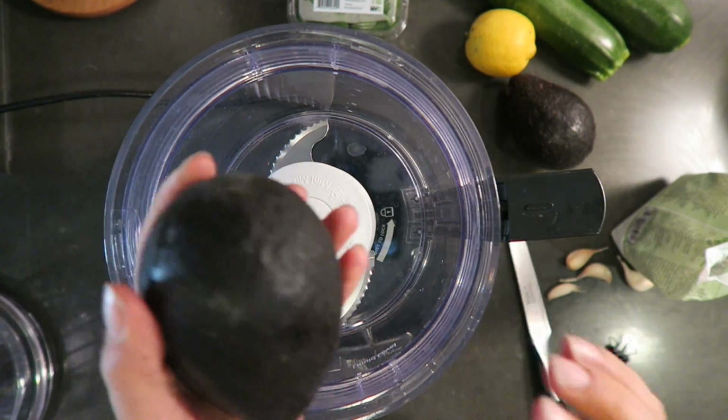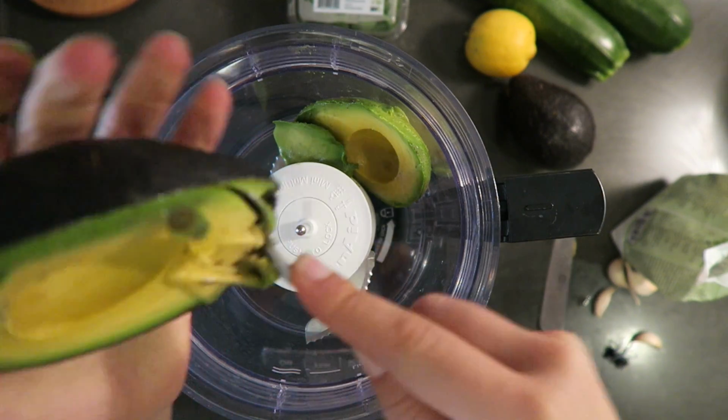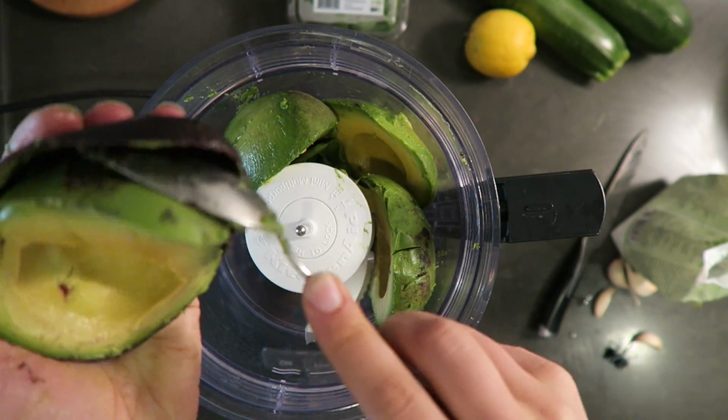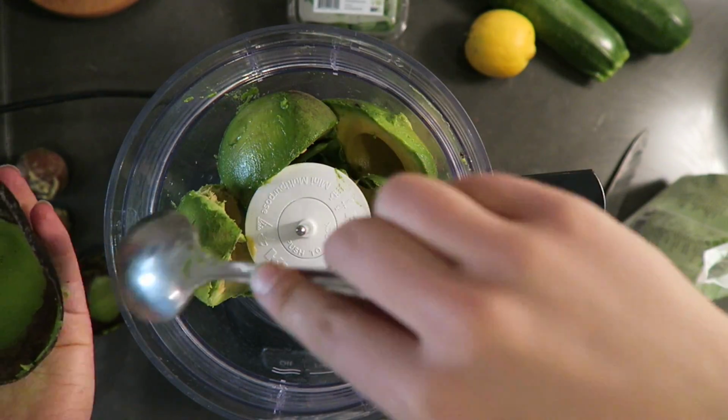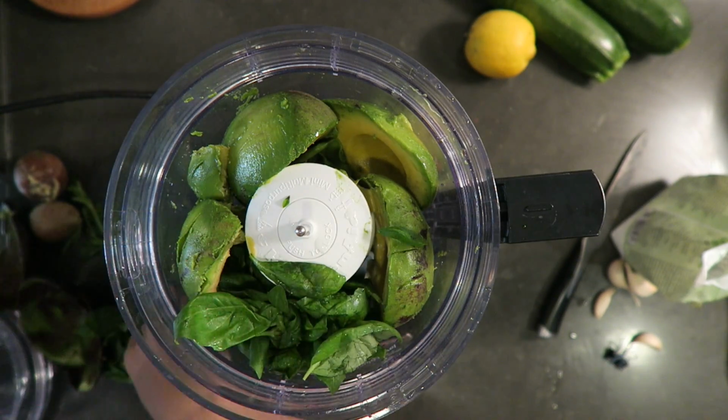So we just half and core the avocados, scoop out the flesh, put them into your food processor. I did 2 avocados because I'm making extra because I'm going to bring it to dinner tonight. So we'll see that in a minute. So we do 2 avocados and then probably about 2 cups of basil, and I just put it into the